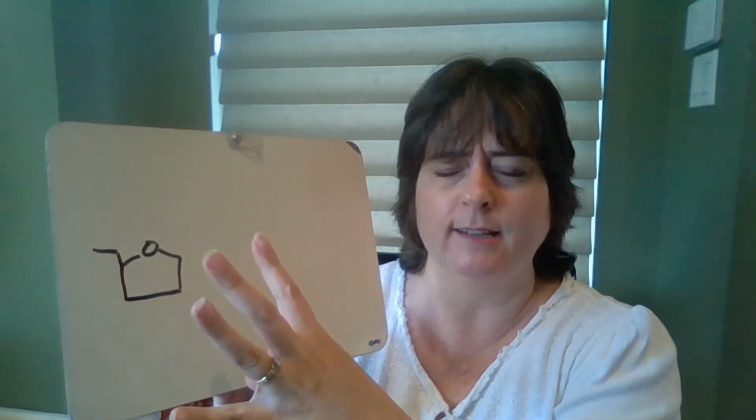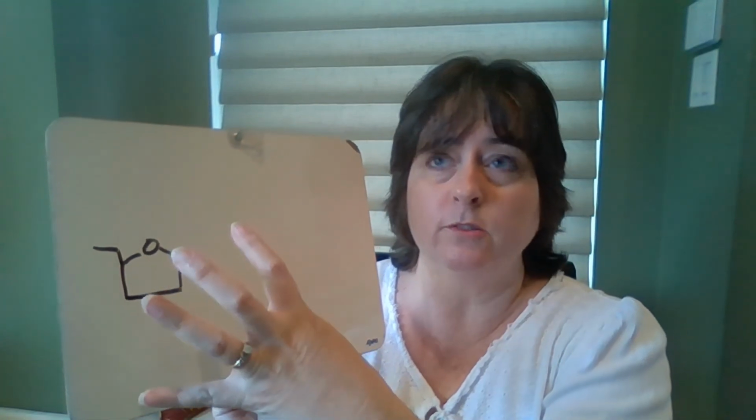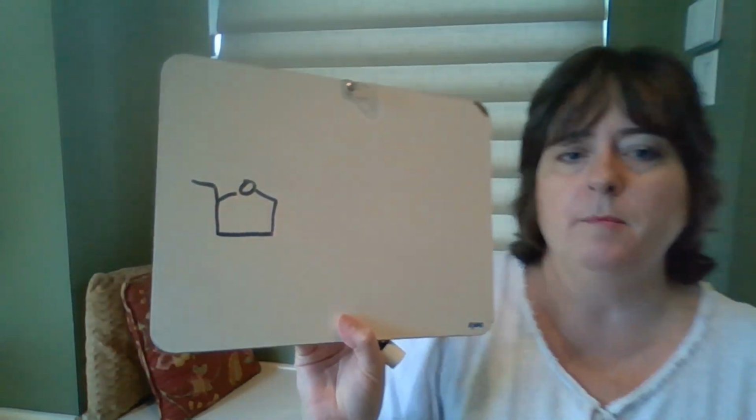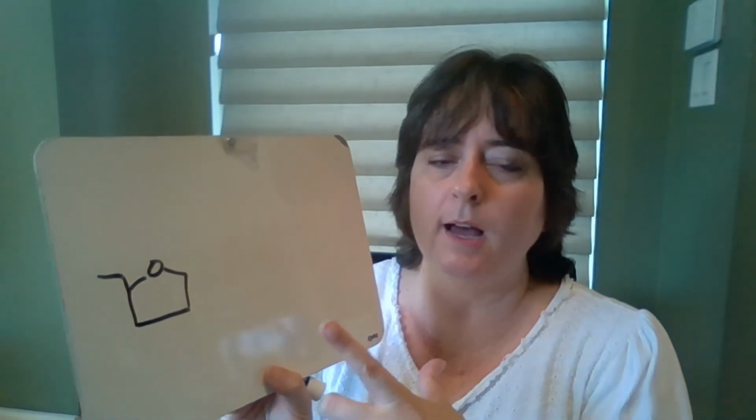Oh, did I say 6? It's not a hexose, it's a pentose sugar. And there's 5 carbons. 1, 2, 3, 4, 5. Yes, 5 carbons in this molecule for that. And then that deoxyribose sugar